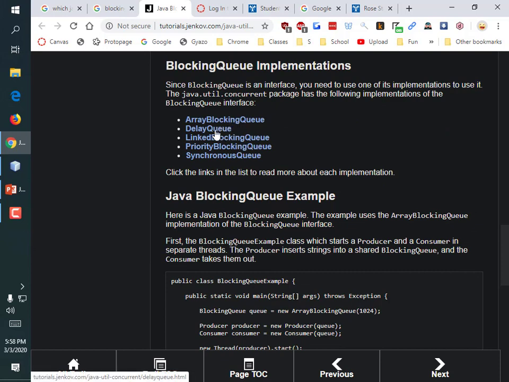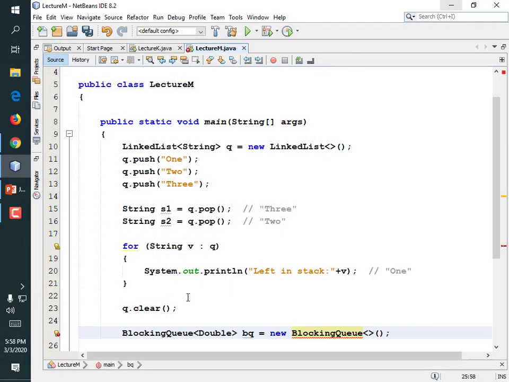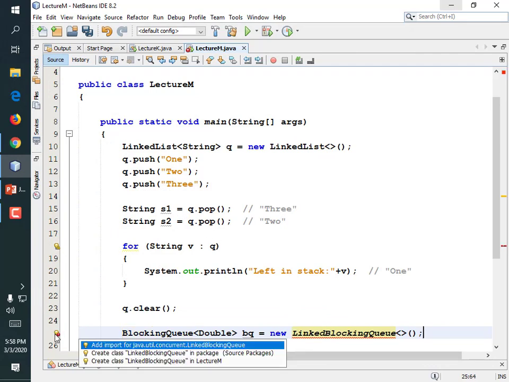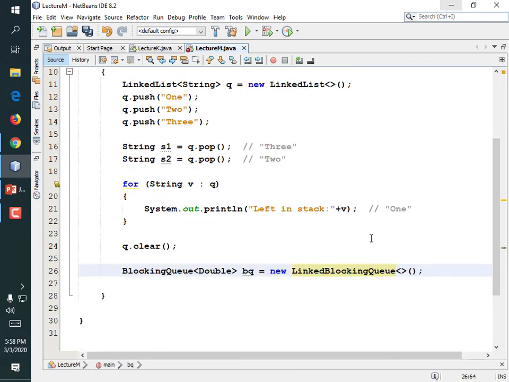Array blocking queue, delay queue, linked blocking queue, priority blocking queue. Let's look at what a linked blocking queue is. It's a class that implements a blocking queue interface. Sounds great. Let's do it. So change this word to the linked blocking queue. Add an import for that. Alrighty. Finally, BQ dot